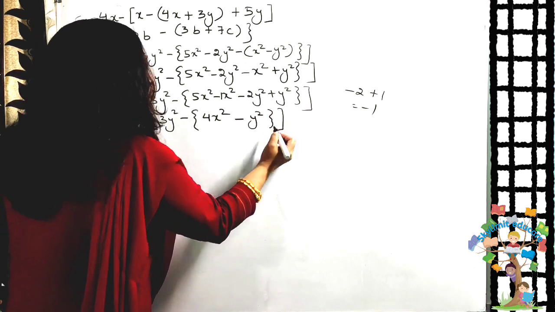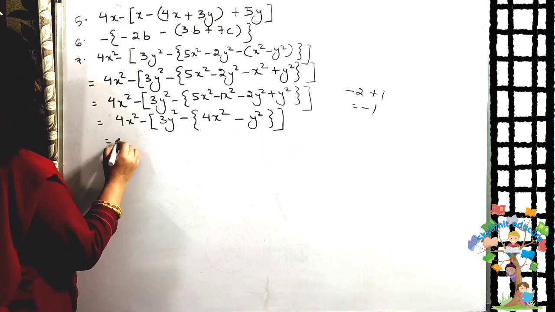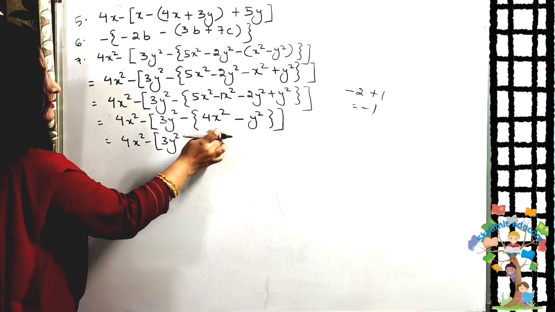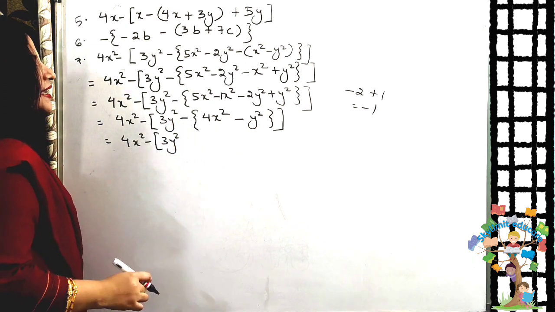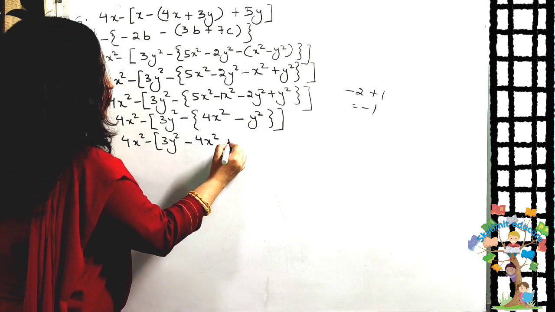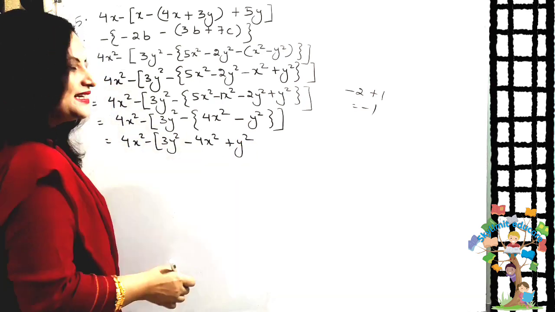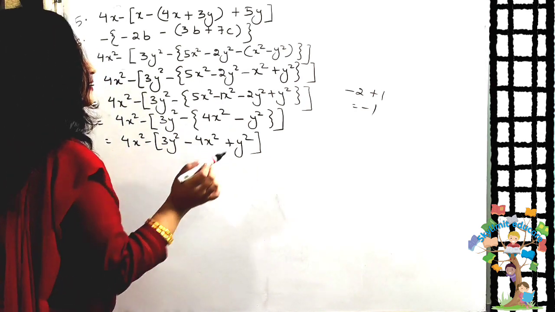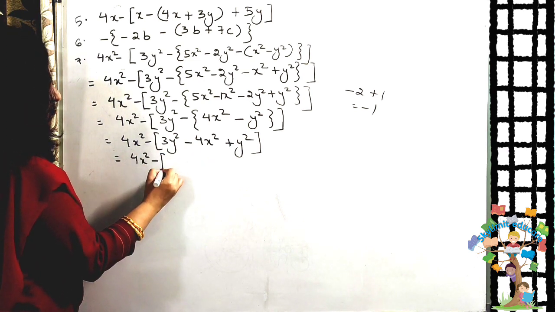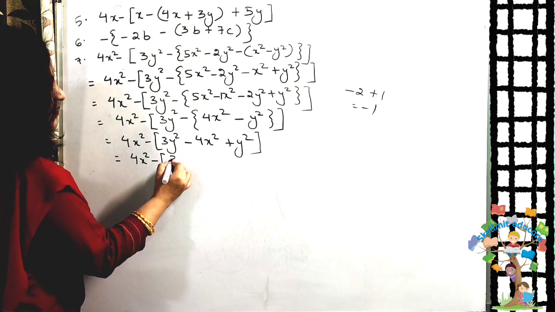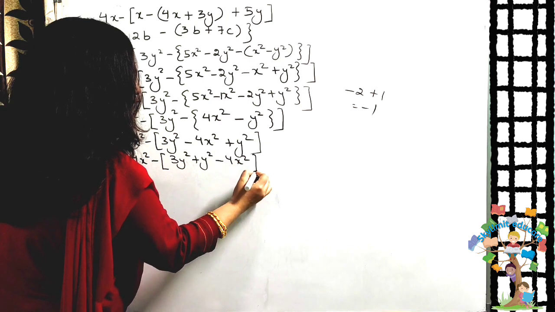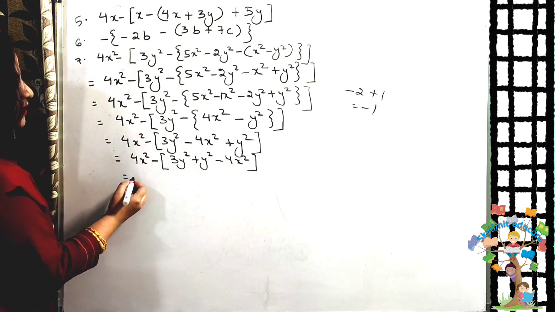Okay. Now we will open this curly bracket. So up to this much I am writing. Now outside the curly bracket, students, there is a minus sign again. So 4x square becomes what? Minus 4x square. And minus y square becomes plus y square. Clear? So we have successfully removed the curly bracket also. Now let us see like terms. These two are like terms. If you want, you can solve it right here only, but since it's new for you, I will solve each and every step for you. Okay? So now just see here.